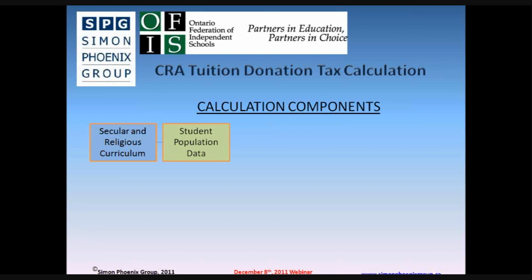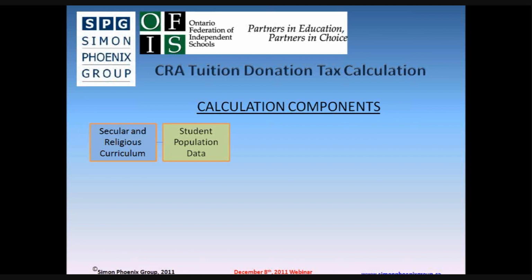You also need to know and have a good handle on your student population year over year. And this is also going to come up numerous times through this discussion, is that in essence, most schools, I'm sure,